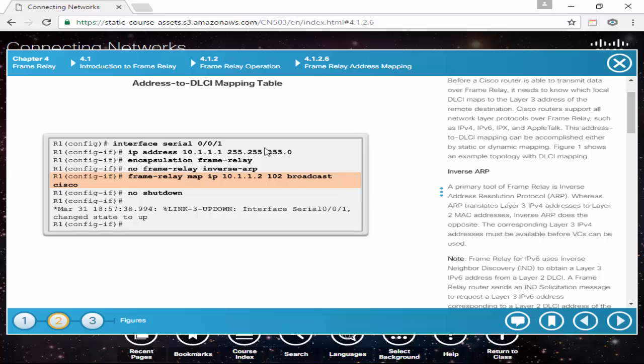How do we do that? Well, so they've turned on inverse ARP, and so we're doing a manual frame relay map. So we say frame relay map the IP address of 10.1.1.2, and we're going to send it out 102. This broadcast, what this means is if we don't set it, it's not going to allow broadcasts out. So stuff like, well, even our multicast won't be going across there. So we need that broadcast to actually allow